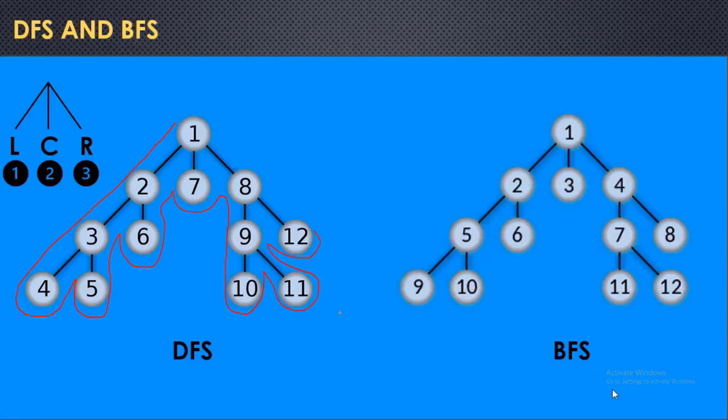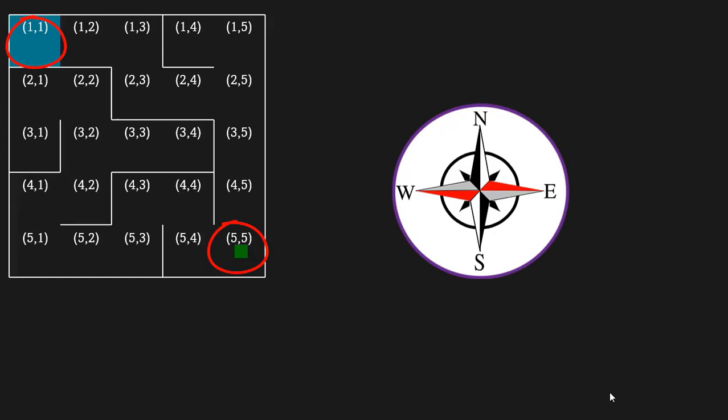Let's understand the algorithm on a maze. First, see the cell numbers, which are the row index and the column index. Then note that this cell is the start cell and this one is the goal cell. We have 4 possible movements: east, south, north and west. Starting from the start cell, we will execute each of these movements if possible and see if the goal is achieved. East and south are not possible, and north and west are possible. It means that in one step I can reach the cell 4-5 or 5-4 from the starting cell. You can say there are 2 possible paths at the moment.